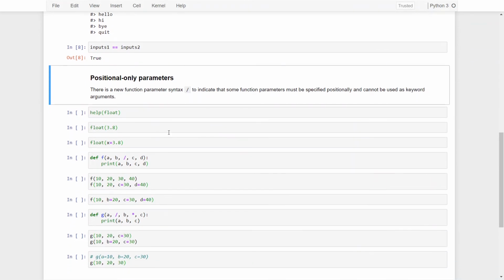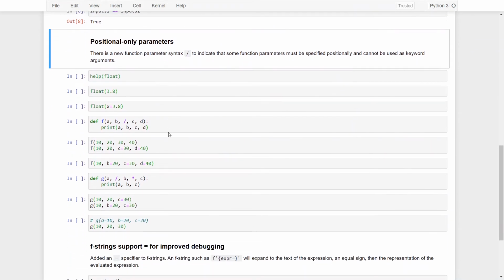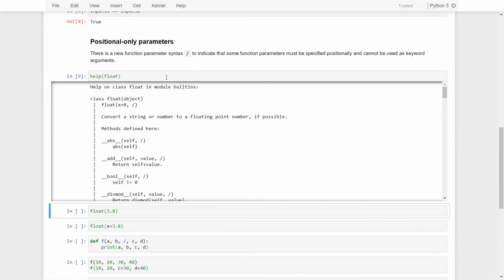So another feature that I'm going to talk about is positional-only parameters. There is a new function parameter syntax, a forward slash, that indicates that some function parameters must be specified positionally and cannot be used as keyword arguments. So this can be seen in the help function for the float function, where float takes one argument, and then in the implementation we can see the forward slash, which basically states that all the